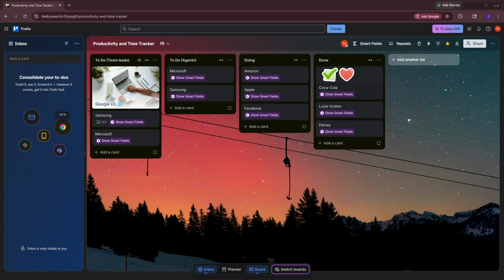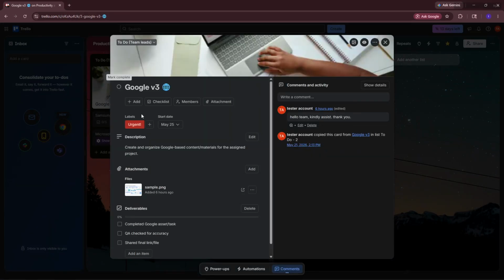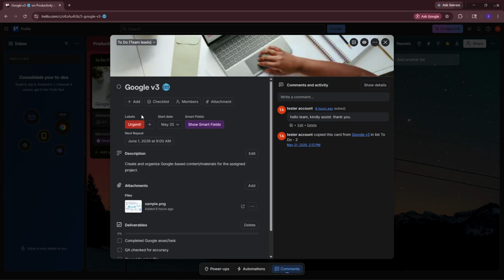First, log into Trello and open your board so you're looking at your lists and cards. Everything we'll do happens right from this view. No menus required. To move quickly between cards, use the arrow keys or the J and K keys on your